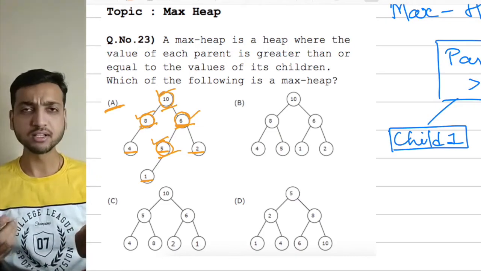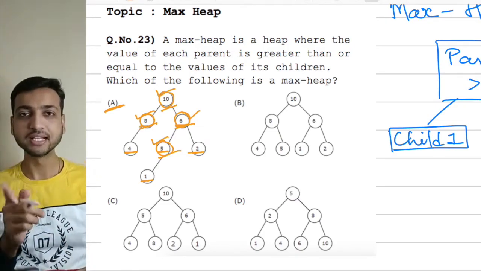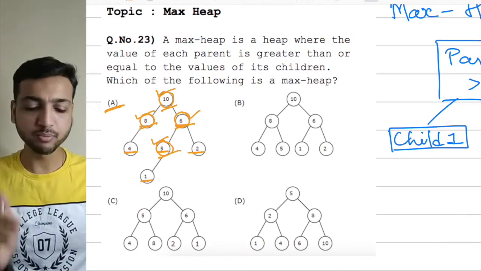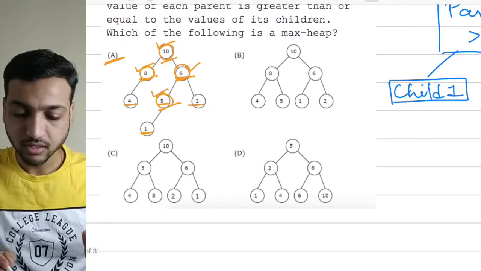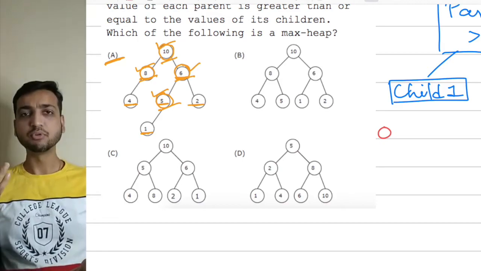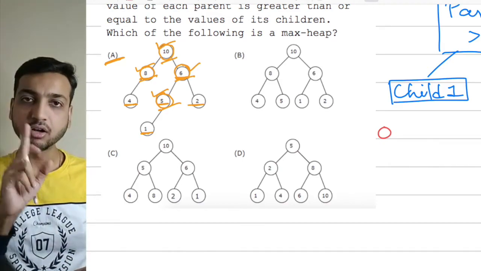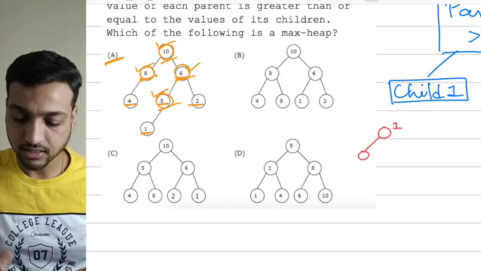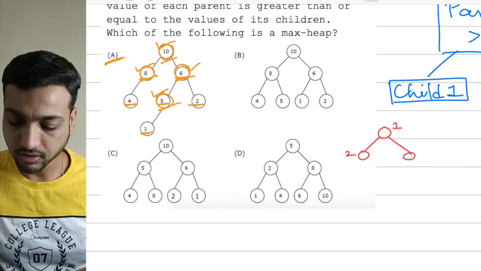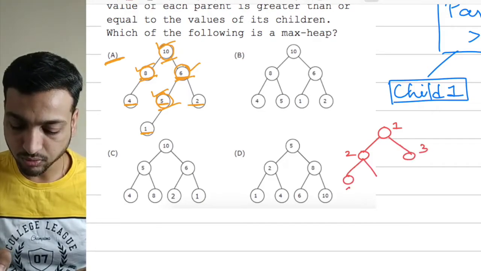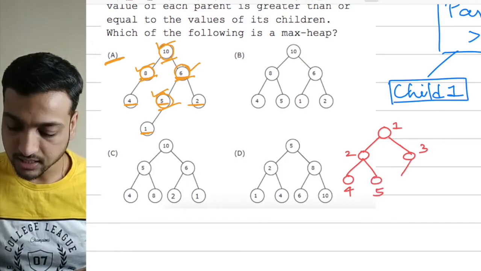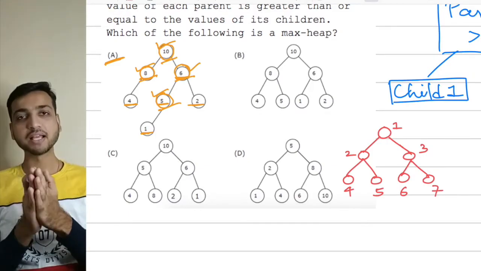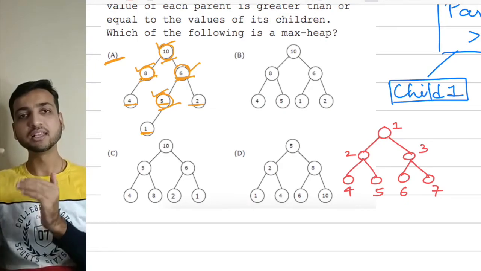So we might be tempted immediately to mark this option A and then move ahead. However, there is another important property of max heap which the question has intentionally not mentioned. As we know, in a max heap or even in a min heap, in any heap, the nodes are always inserted in level order. So first this node is inserted, then this will be the second node, and then the third node. Then this will be the fourth node, and this will be the fifth node. Then the sixth node, and then the seventh node. So as you can see, the insertion in a max heap or even a min heap always happens in a level order way.